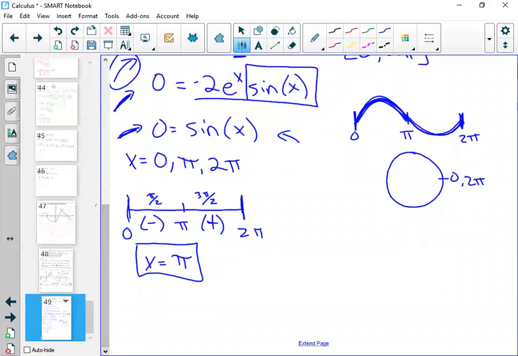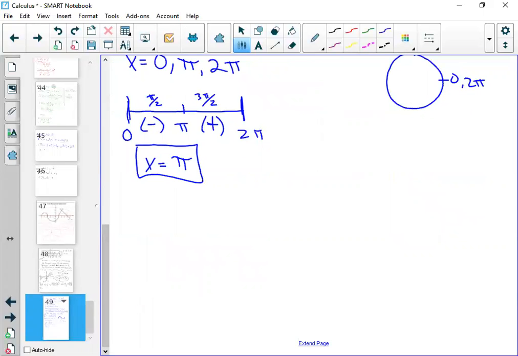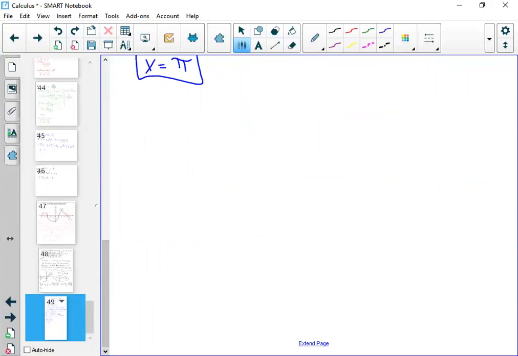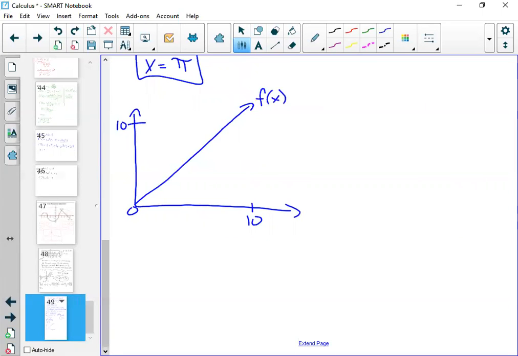The problem that I want to do today involves something called Riemann sums. So before I do the problem, let's just draw some kind of a graph. And let's do it like this so that math is easy. 10, 10. If I told you, let's say this is f of x, if I told you to find the integral from 0 to 10